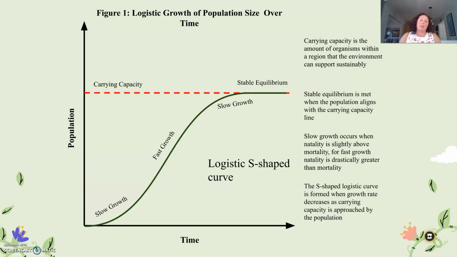So most species, especially larger species, are going to hover at that carrying capacity, and they're going to keep this S-shaped curve that we see here: slow growth, fast growth, and then they're going to stay here at this stable equilibrium. So carrying capacity is dependent on those limiting factors that we talked about, dependent on the food that's available, the nutrients that are available, the space. All of the things that organisms need to survive are considered limiting factors. Some factors are more limiting than others, but all the requirements of living things are considered a limiting factor.